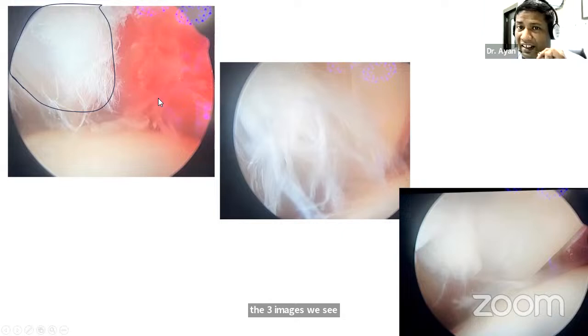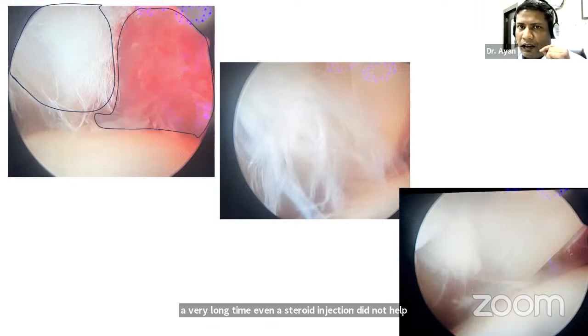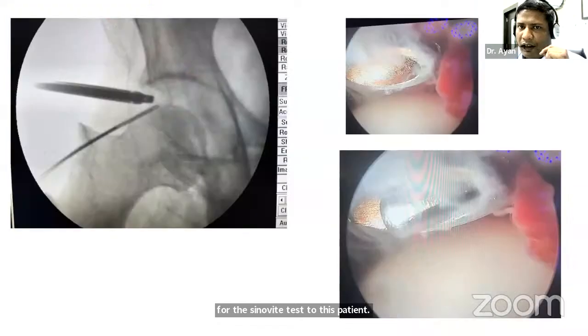Apart from that, he had intense synovitis. As you see, the synovium was very inflamed from the ongoing inflammation for a very long time. Even a steroid injection did not help with the synovitis in this patient. So we come in with the mid anterior portal, and